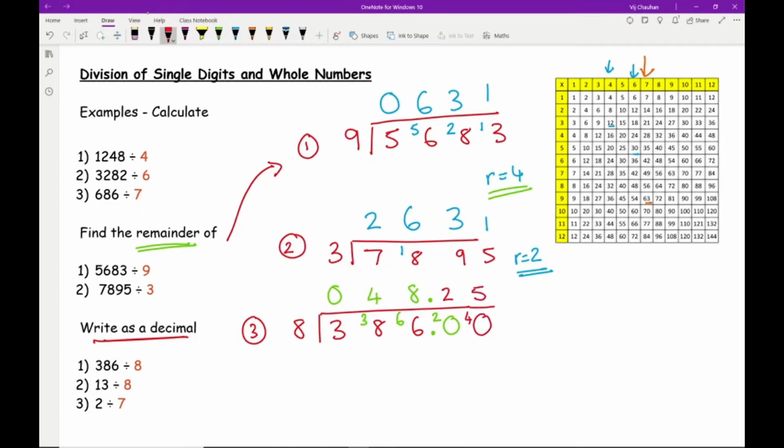I've got 5. So the final answer is going to be 48.25. Then for question 2, I've actually just realised I've labelled these wrong. So question 1 that was, and that's for these questions here. And then if I just create a bit of space,